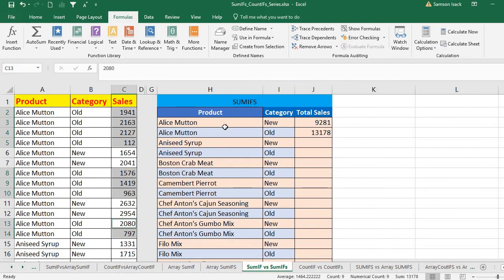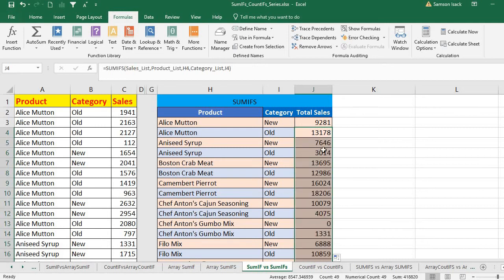Okay, so these two conditions, Alice Mutton and new, come with the proper total sales, as well as Alice Mutton and old. Similarly, you can drag it for all the other total sales